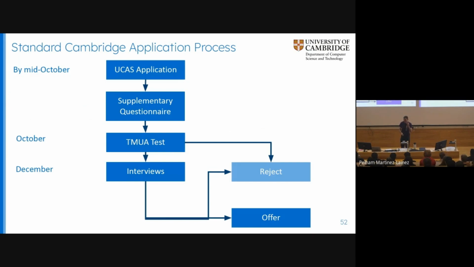There's one other thing that can happen, and that is you can end up in the pool. So our college can say, look, this person looks like they're good enough. They look like they've made the bar. Unfortunately, we haven't got space. So you put them in the pool, and other colleges who have got space, and there's always colleges that have got space, will come and look and say, oh, this person looks really good. Actually, we would like to take that person, and they could make an offer. So the whole thing completes by about mid-January, and that is the whole process of application. It's quite involved from your perspective and from ours as well, but this is how you get into Cambridge.